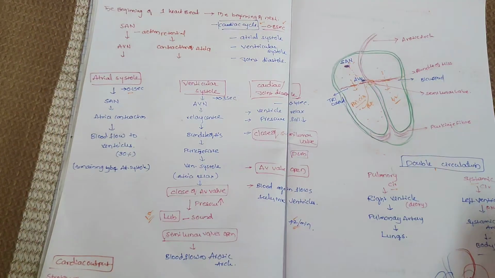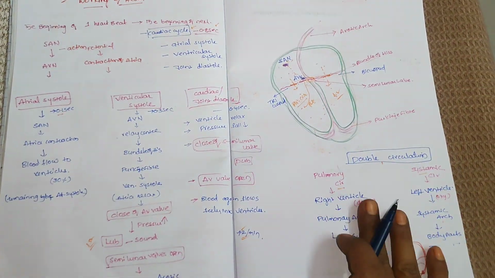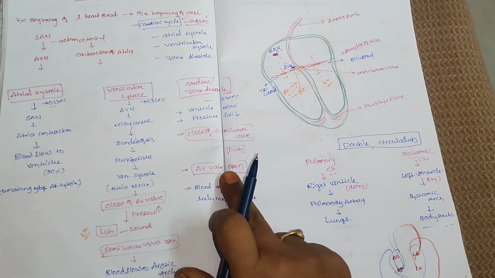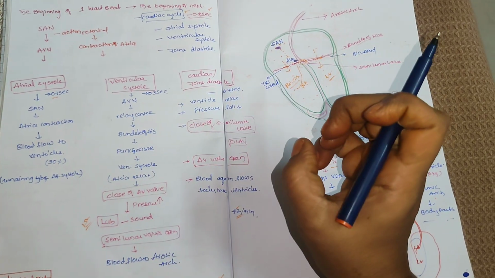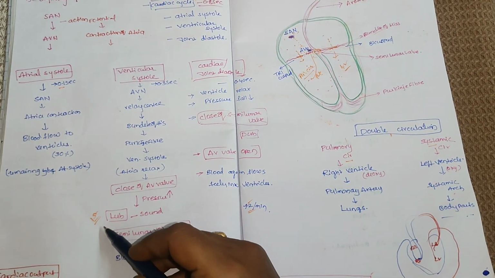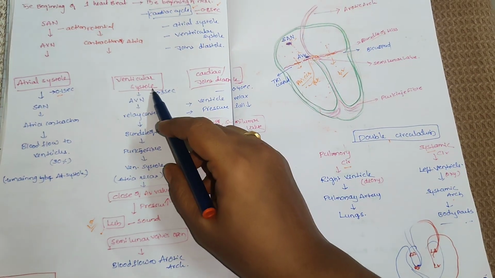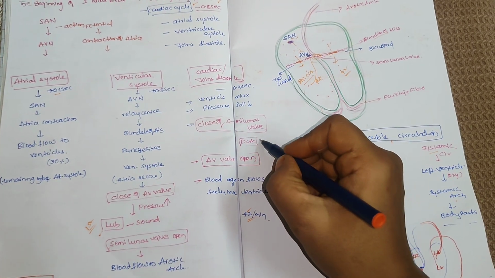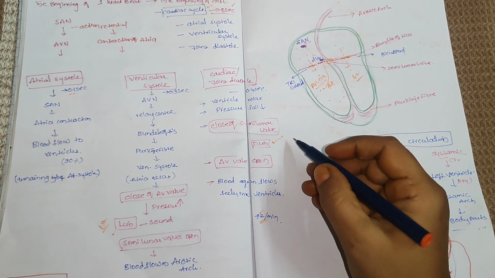So this is the working of the heart. You have to remember these three parts. It's systolic, diastolic. So here the lub sound starts at ventricular systole. Then the dub sound starts. So you have to